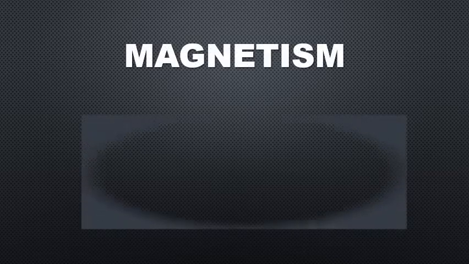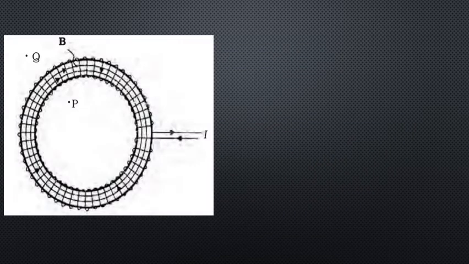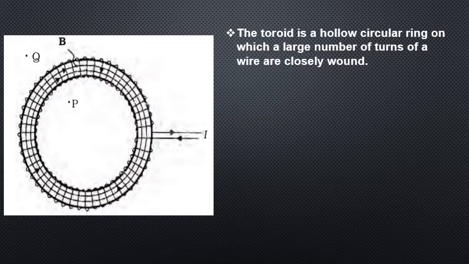Magnetic field due to a toroid. So basically, a toroid is a hollow circular solenoid-like structure, and it has a large number of turns of a wire